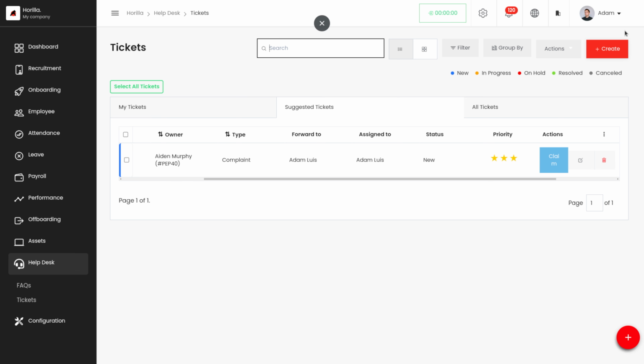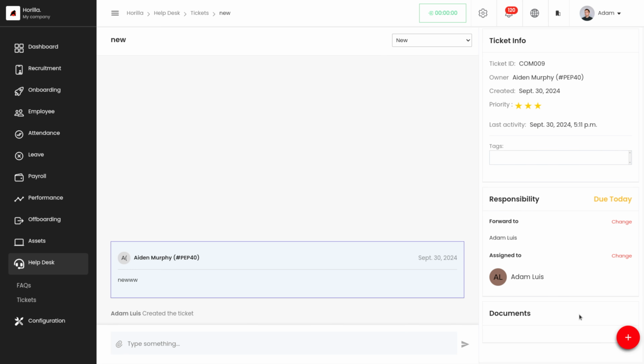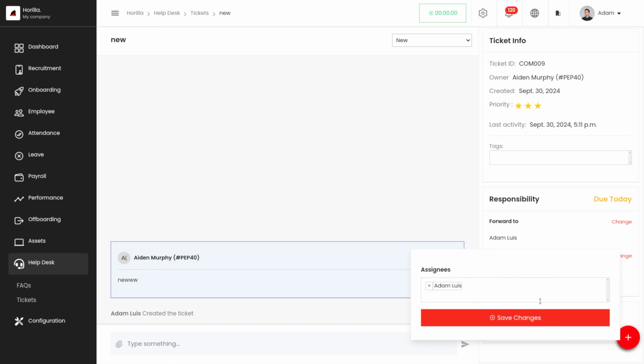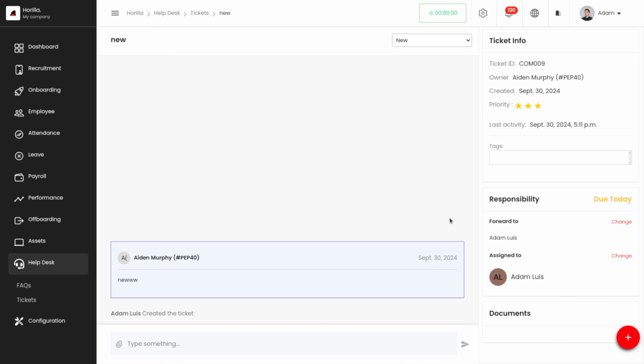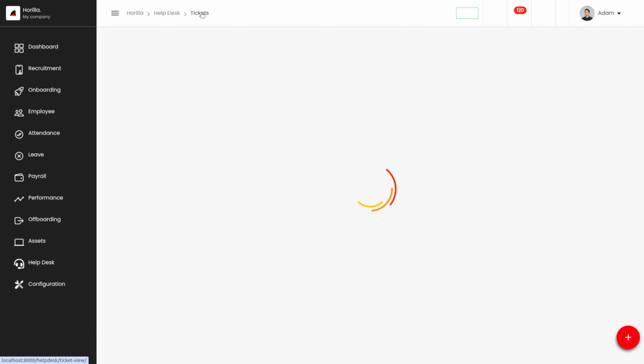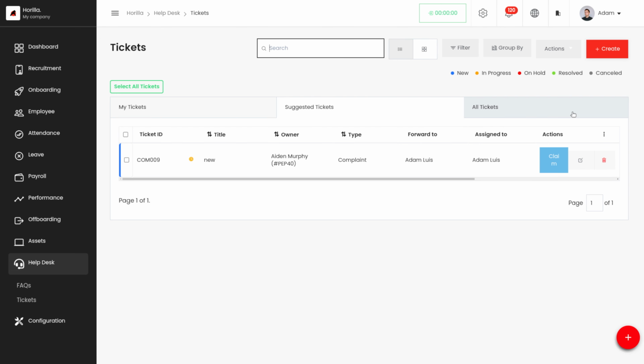But the admin or the HR manager will be able to assign that ticket to multiple employees by going to the detailed view of the ticket that we have seen from here. From here, we can assign this to multiple employees. So this is the suggested tickets over here, and then we have the all tickets.